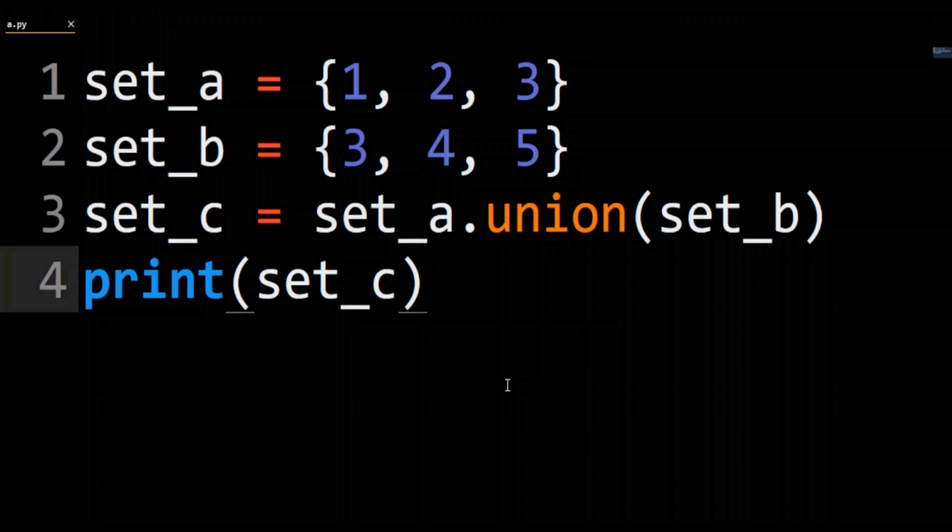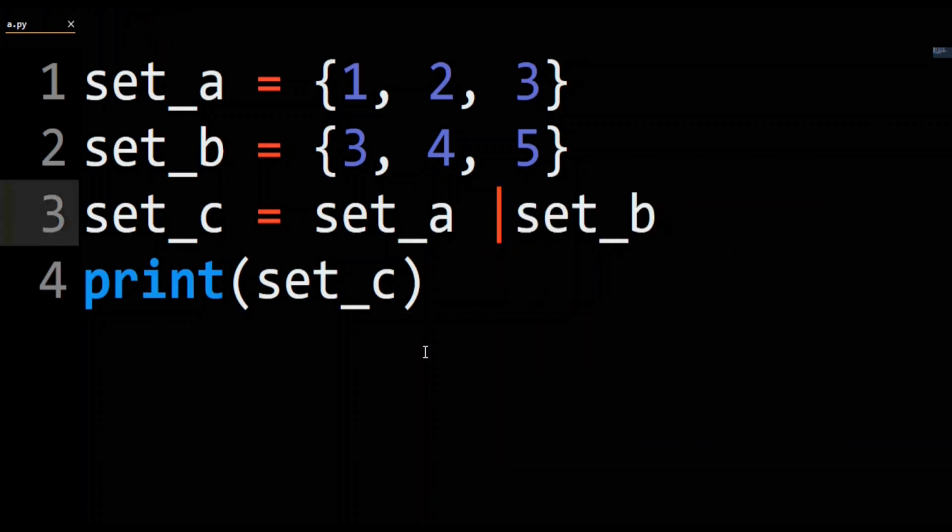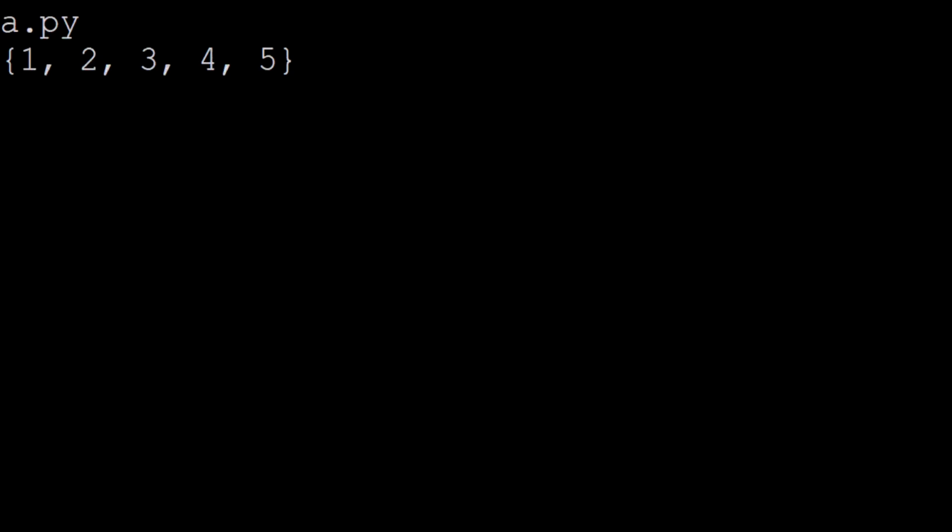This is by design, as sets are not allowed to contain duplicates. There's another way to union two sets. There's a difference that we won't get into in this video, but practically speaking, this way functions very similar to the first way. All we have to do is change this code from using the union method to putting a pipe operator between the two sets. If we go check the output now, we will see we have the same set from the previous run of the code.